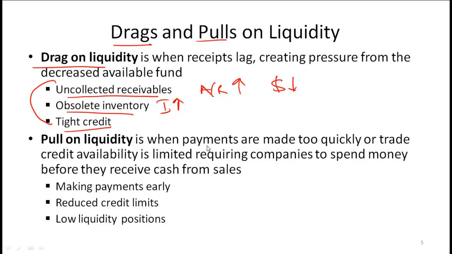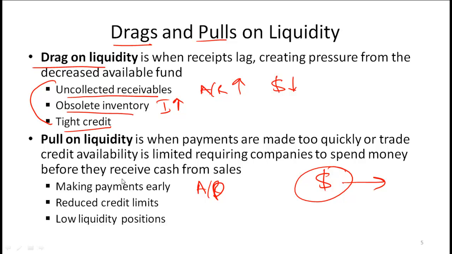Pull on liquidity is when payments are made too quickly. So this is when cash from your company is leaving quicker than it should. Or trade credit availability is limited, requiring companies to spend money before they receive cash from sales. So if your accounts payable is decreasing too fast, so you're making payments to your suppliers very quickly, if your credit limits are reduced or you have low liquidity positions, then we refer to this as a